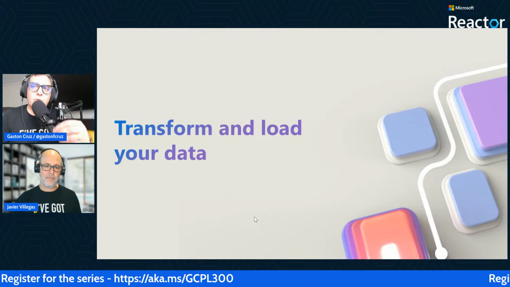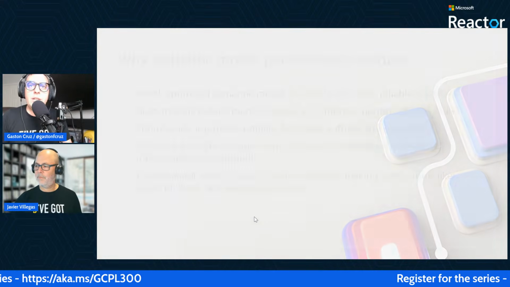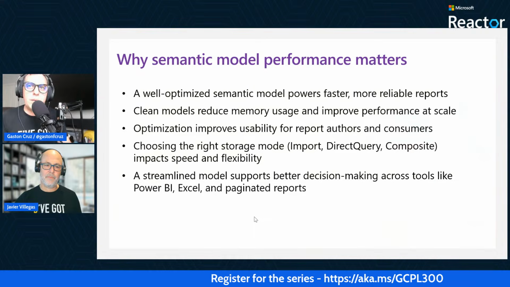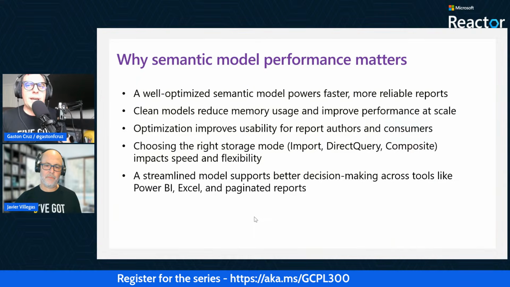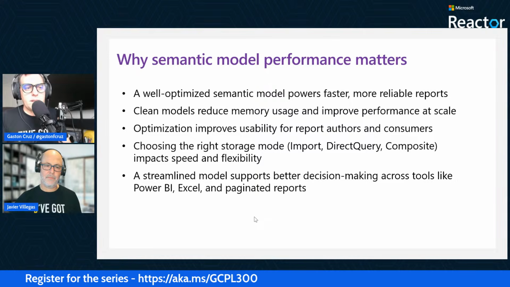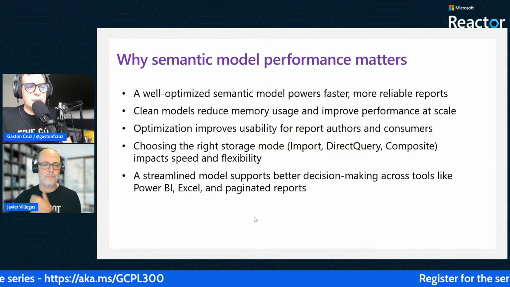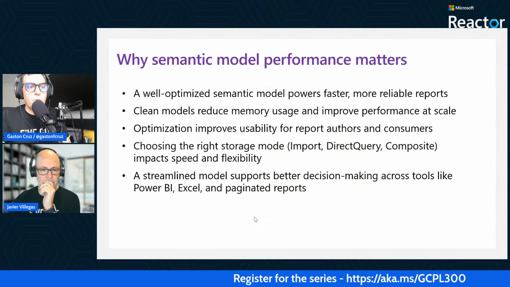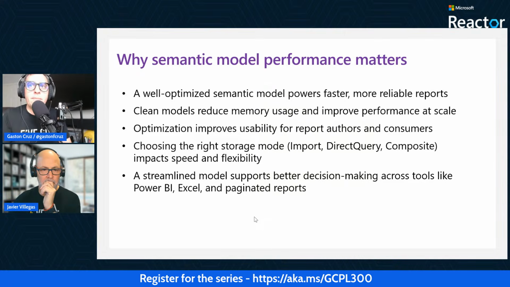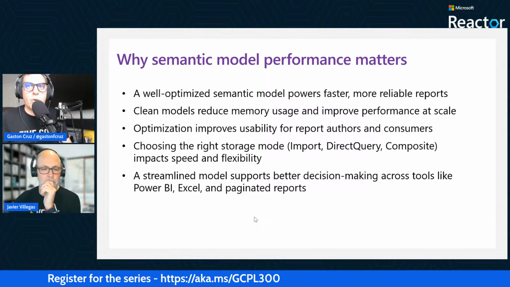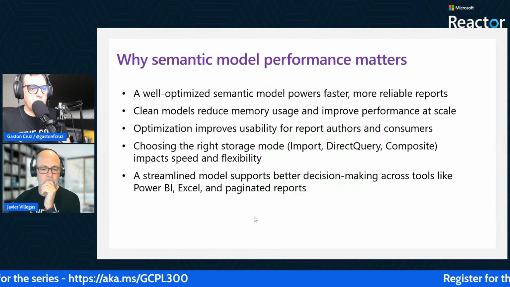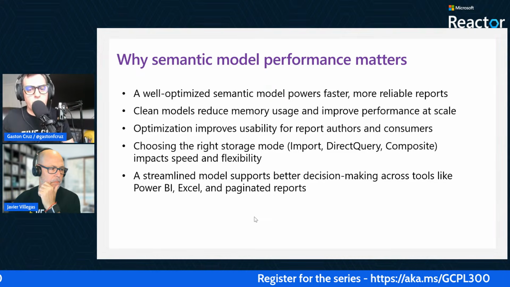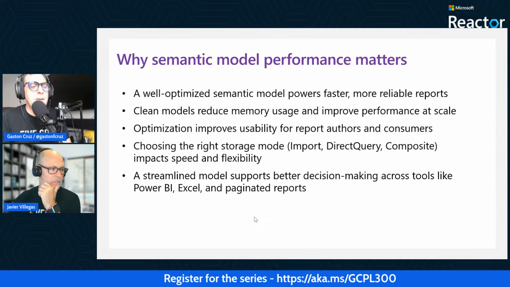What is it going to look like to transform and load your data in your data model? A couple of things on why you should be aware of the performance within your semantic models. First of all, the semantic models are the way that you can perform within your report itself. So all the insights around, hey, I need to clean up my model because I know that within this table I have almost 100 columns and I'm only using maybe 10 columns.